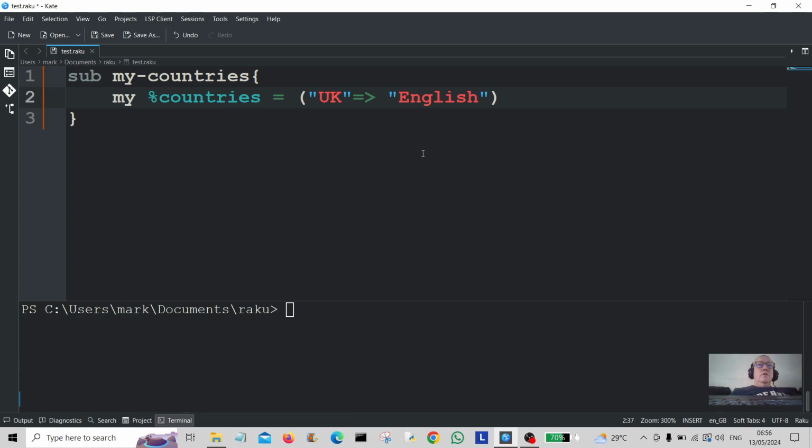and we're going to do another country, France, and the language is of course French. Okay, so that's our hash,